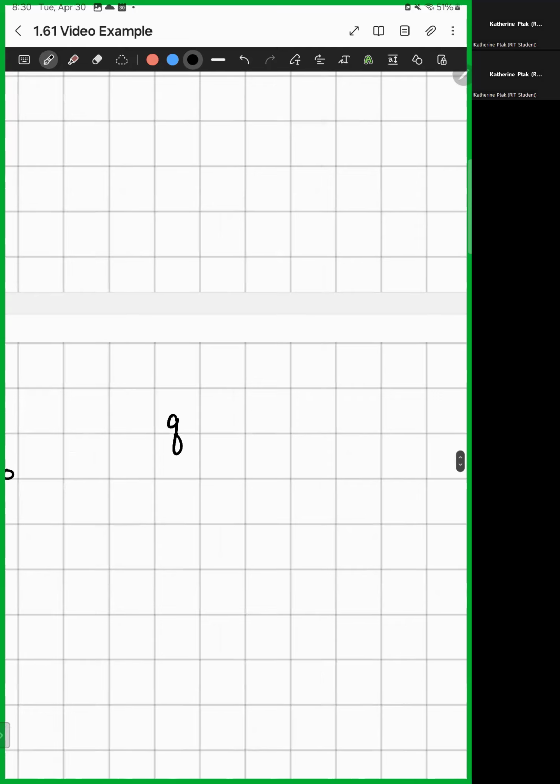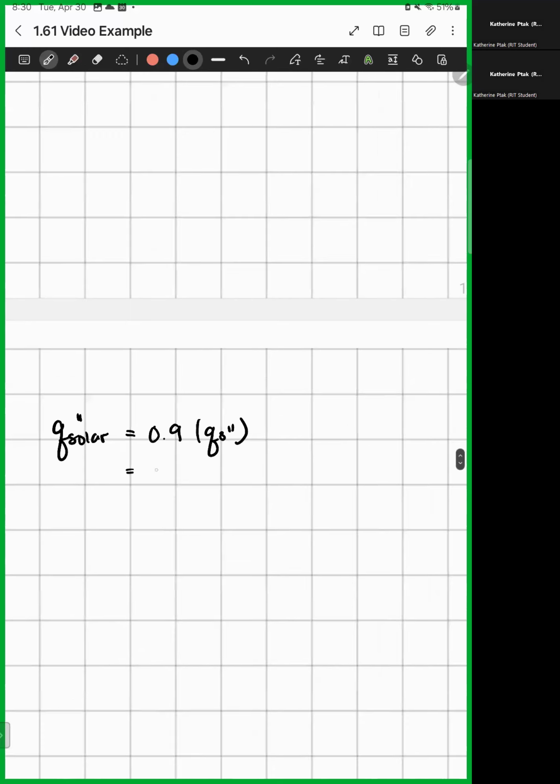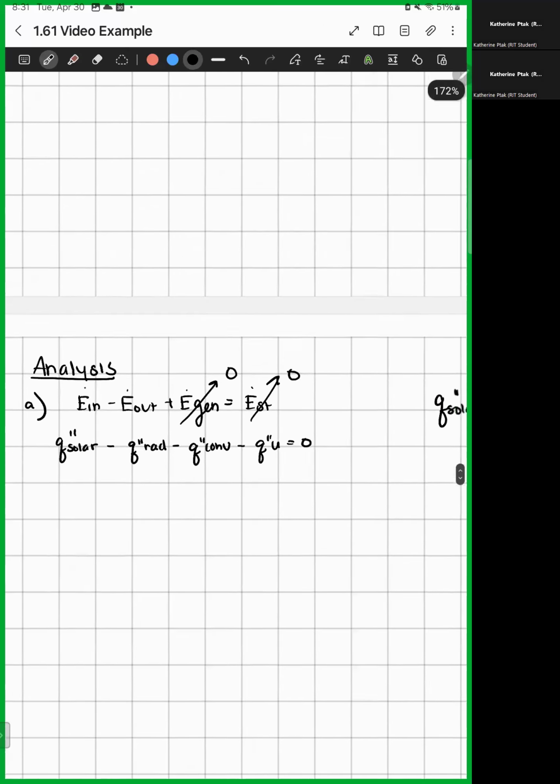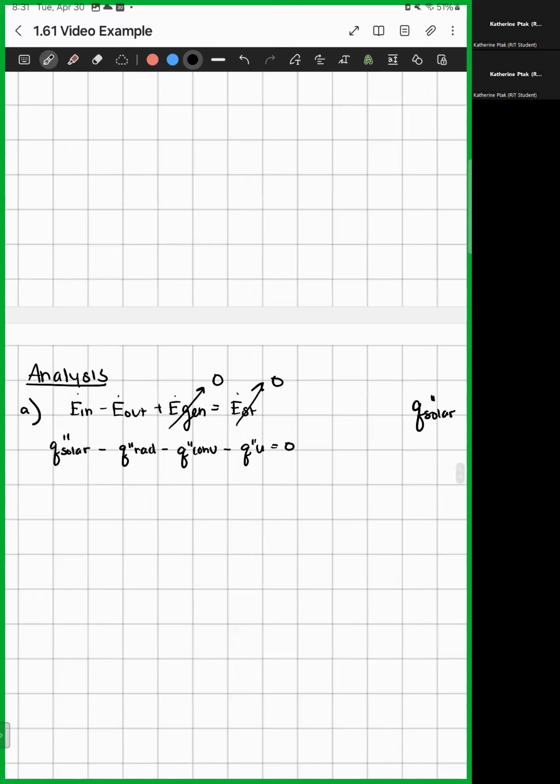Just a little side note, Q solar equals that 0.9 or 90% efficiency times that QS. So that'll equal 0.9 times 700 watts per meter squared, which equals 630 watts per meter squared. So if you take this equation and rearrange it and plug things in, you get QU, which I just brought over to the other side, equals, again, that 630 watts per meter squared, minus